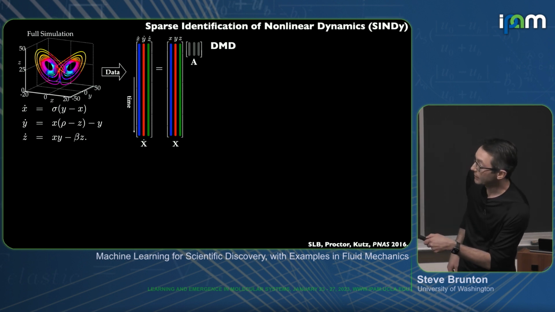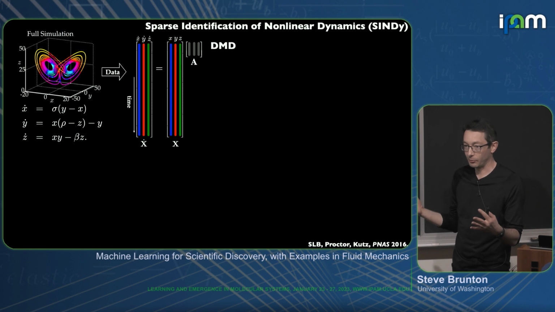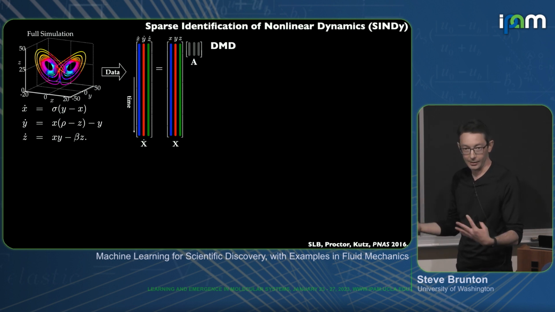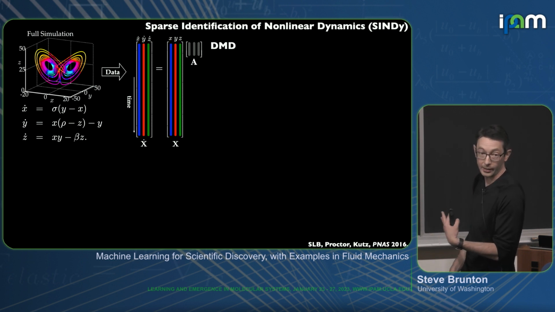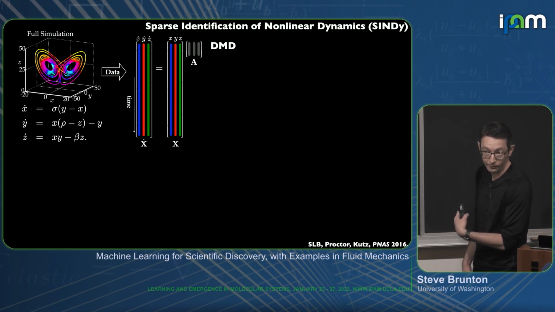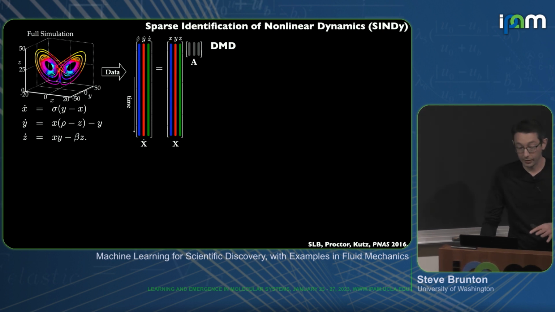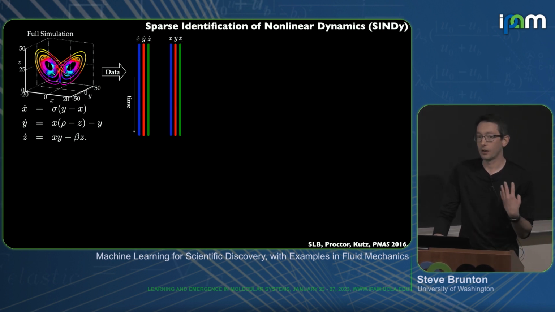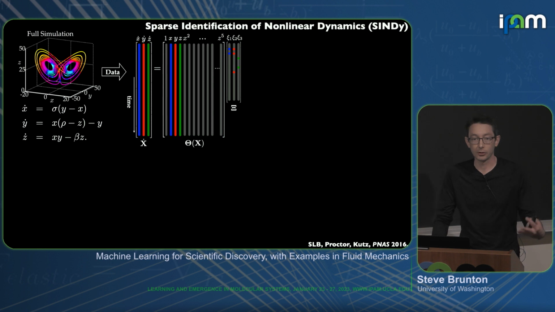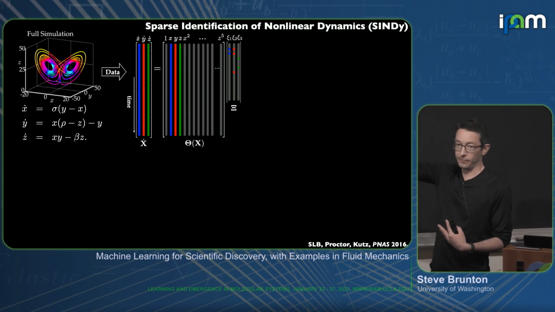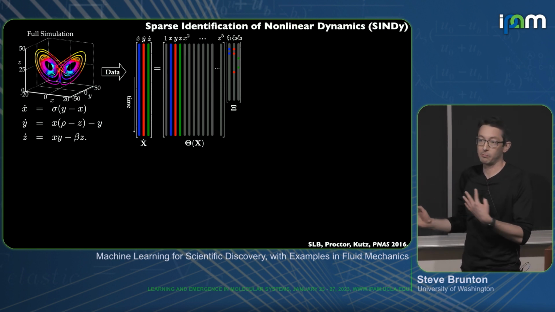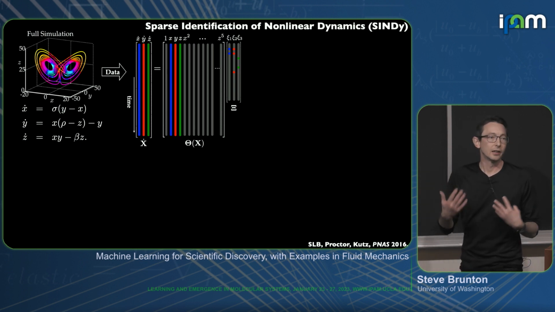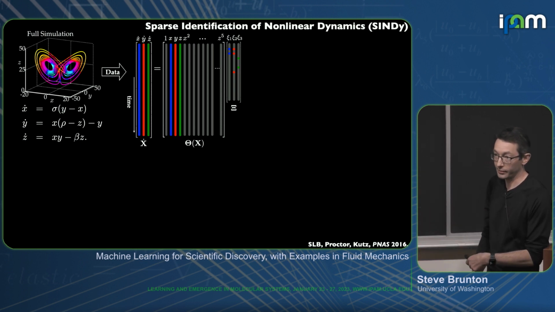My Lorenz system has 3 fixed points, infinitely many unstable periodic orbits, and a strange attractor, right? It can't possibly capture this phenomenology with the simple linear dynamics in the state variables x, y, and z. So what we do in SINDy is a very, very simple idea: we augment the right-hand side with more possible terms that could describe my dynamics. Here I've chosen polynomials up to z to the 5th. You can choose anything, it's up to your creativity. You can use sines and cosines, Bessel functions, rational functions. It depends on the physics you're looking at, how you build this library.